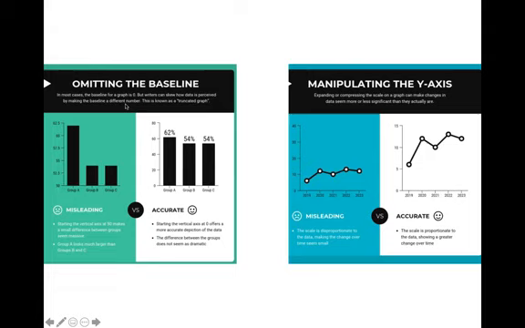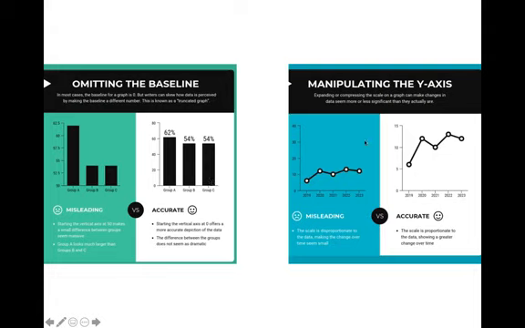One is by omitting the baseline. In most cases, the baseline for a graph is 0, but writers can skew how data is perceived by making the baseline a different number. This is known as truncated graphs. Here, if they started the vertical axis at 50, it makes a small difference between groups seem massive. So group A looks much larger than groups B and C. But when we start the vertical axis at 0, it offers a more accurate depiction of the data. So the difference between the groups does not seem as dramatic.